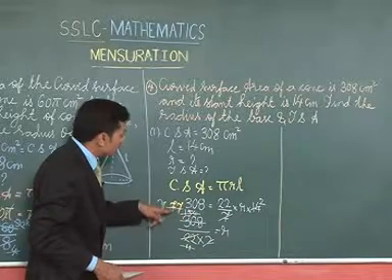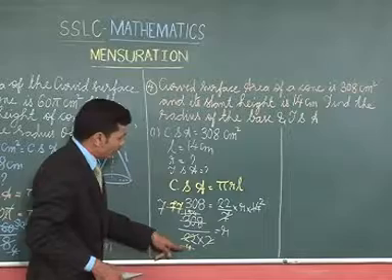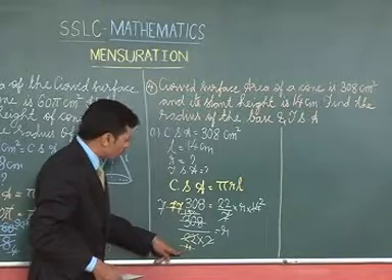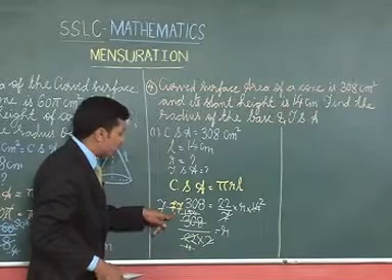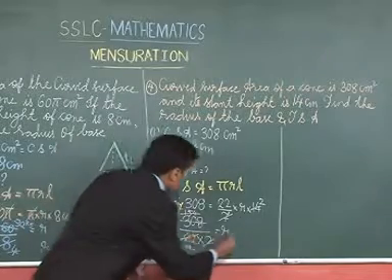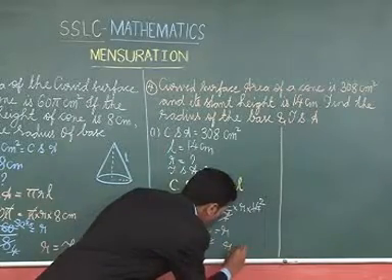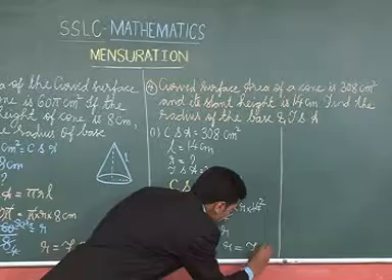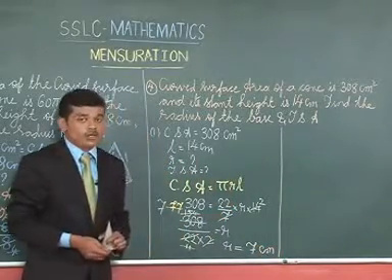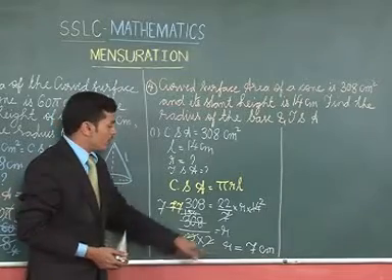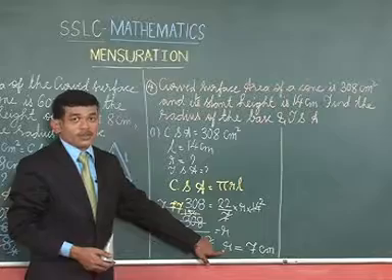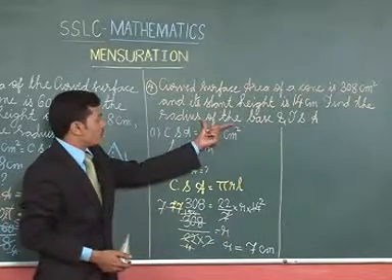So we had got 77 by 11, and then when we divided this 11 by 11 we got 1 here, and we divided this 77 by 11 we got 7. So this is the radius of the cone, that is equal to 7 centimeter. Again I am stressing here, don't miss to write the unit of the quantity. So the radius of the given cone is equal to 7 centimeter. So this was the first question that we had asked.